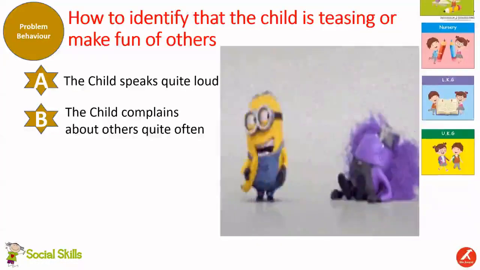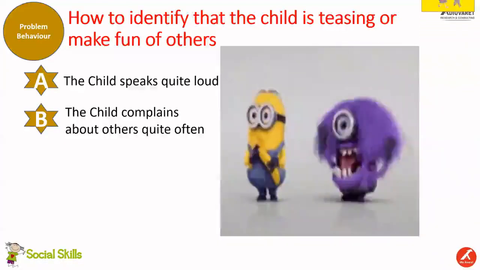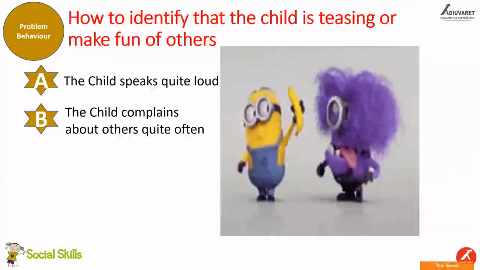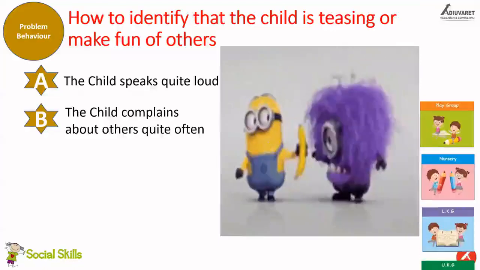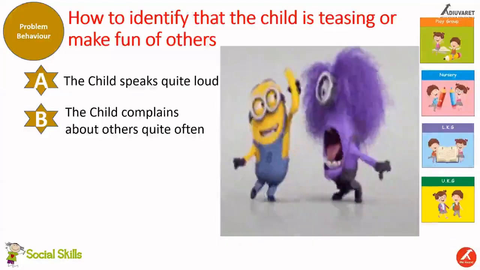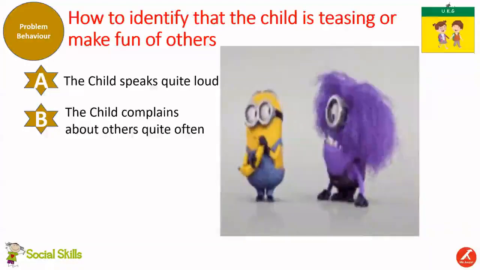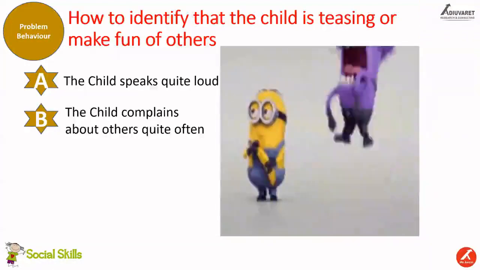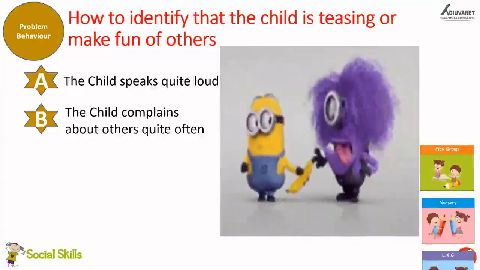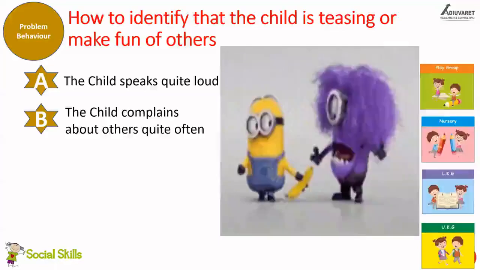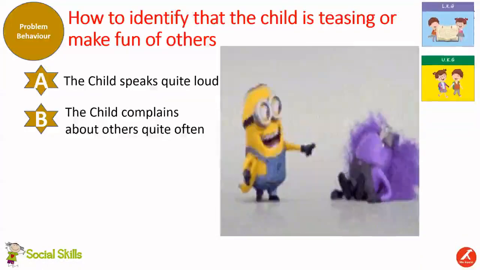Complaining is not new for any children, but any time the child talks to parents or teachers, if most of the three or four things the child communicates are complaints about others, then it is more likely the child must be teasing others outside the house